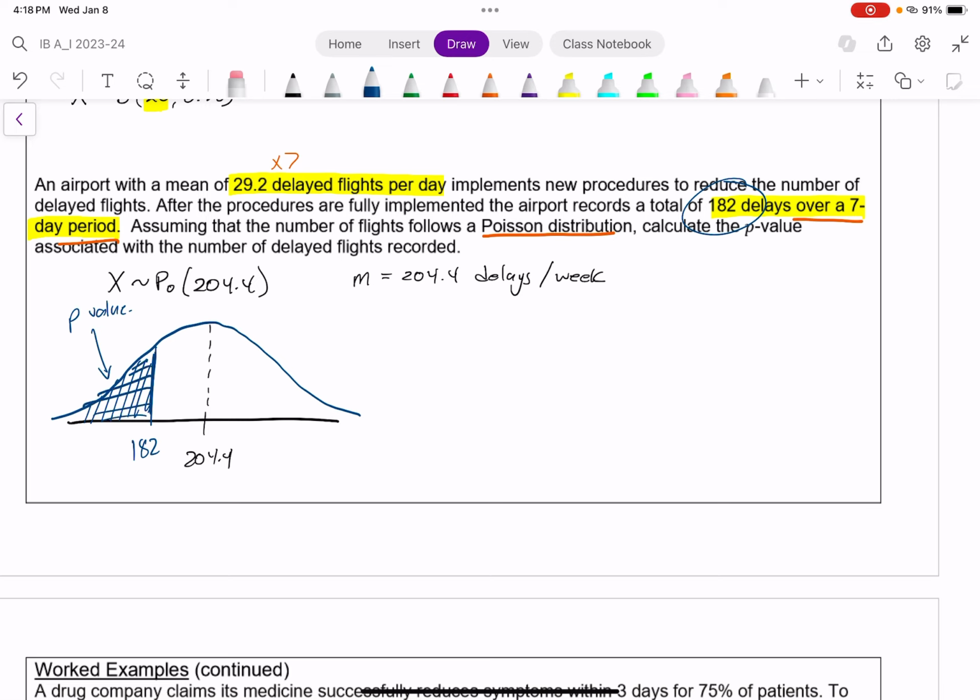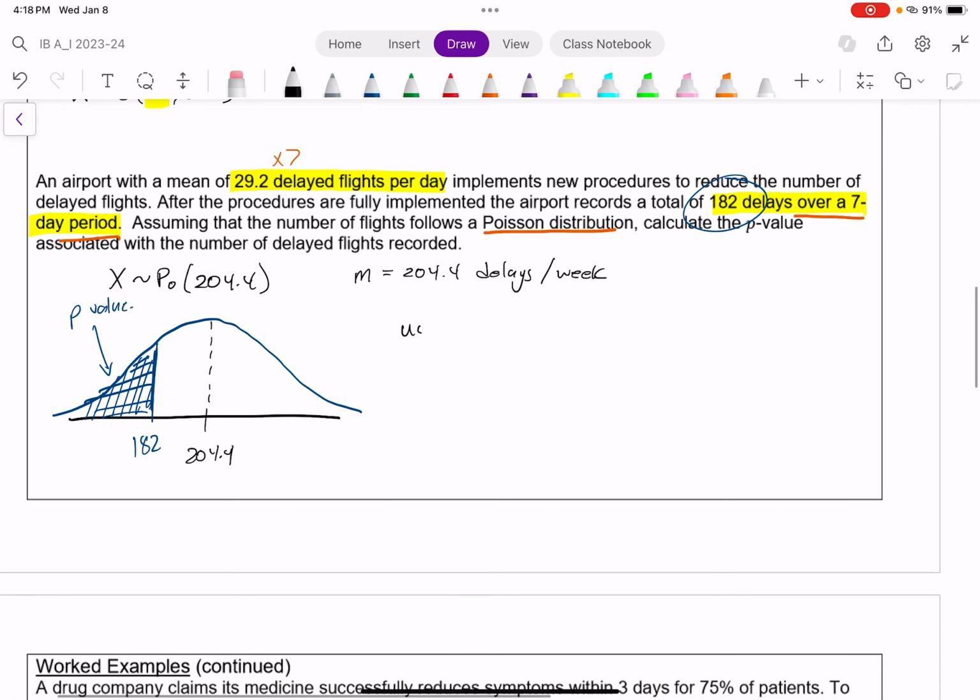What is the probability that we would have 182 delays in a week, assuming that the delays still are at the same rate of 29.2 delayed flights per day or 204.4 per week? At this point, it's pretty quick. We want to use the Poisson cumulative distribution function, in which our mean is 204.4 and our X is 182 delays. We should quickly get a p-value of approximately